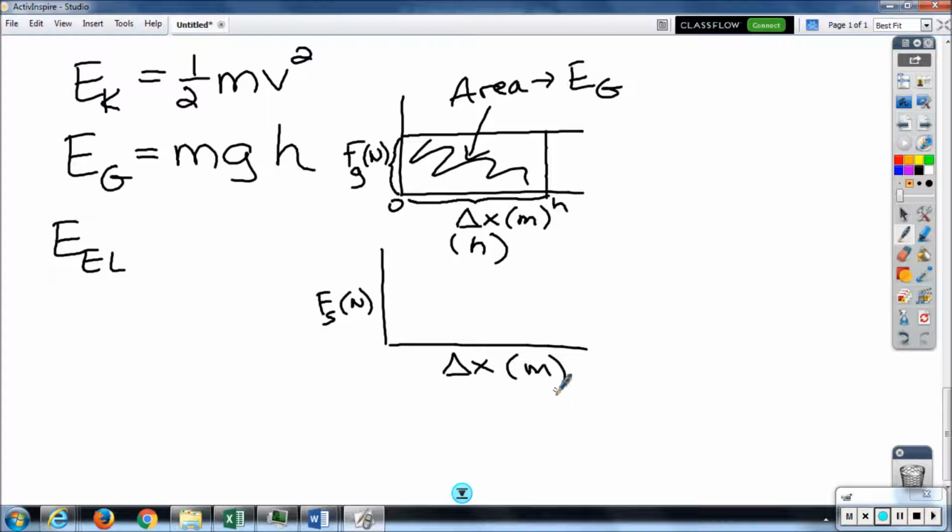So that's how springs store energy, is when you stretch or compress them. And we learned that the more force you apply on the spring, the more it pulls back. The spring force is always a restoring force. So if you apply a little bit of force, you get a little bit of stretch. If you apply a lot of force, you get a lot of stretch. And it follows the unique relationship that